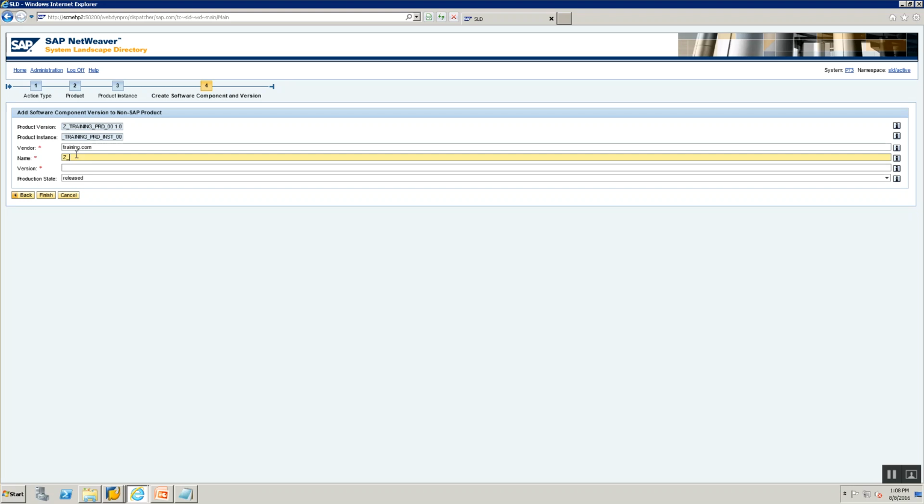Okay, Z underscore training, training underscore SWCV underscore 00. So what does it mean? SWCV is nothing but software component version. Okay, and my version is going to be 1.0. As simple as that. Just make sure your naming conventions are consistent to the type of object that you're